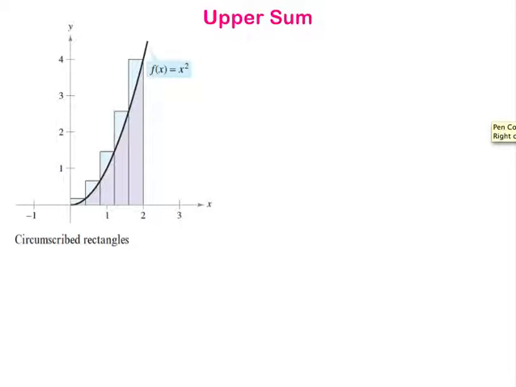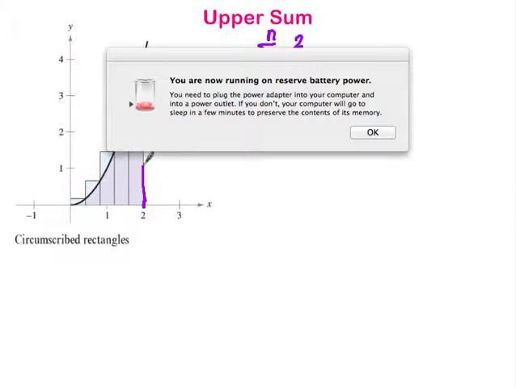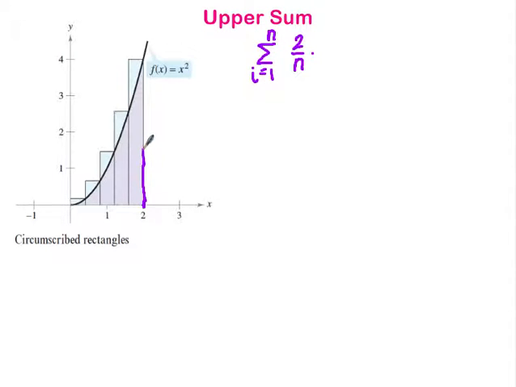I've got my width of my rectangle. My width of my rectangle from the previous problem was 2 over n. So I've still got my width here. Now I've got to find the height of each rectangle. So let's go ahead and just look at 2. At 2, what is the height of this rectangle? The height of this rectangle is